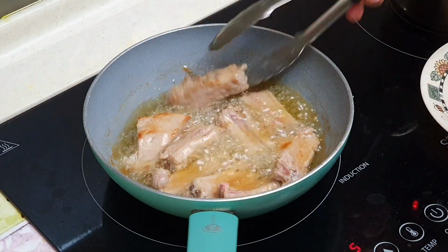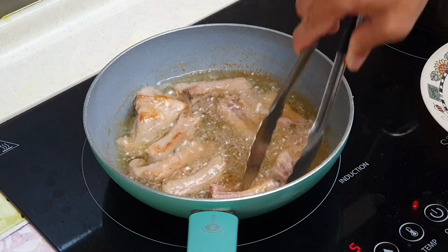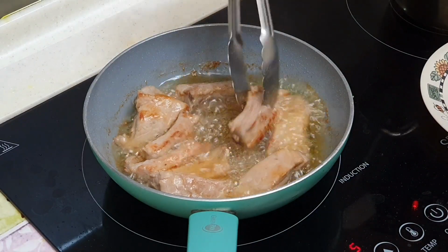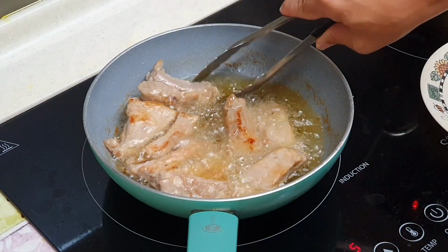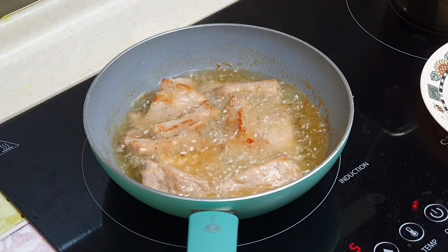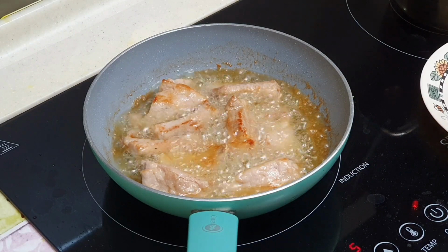See, it's already started to char after about 2 minutes. See the char? This is exactly what we wanted. We want the char. I'm turning the heat up a little bit. Now it's on medium-high heat. Let it continue frying. Actually, one thing I did not add just now, which you can, is a little bit of cornstarch. I think it would even be better if I had added a little bit of cornstarch